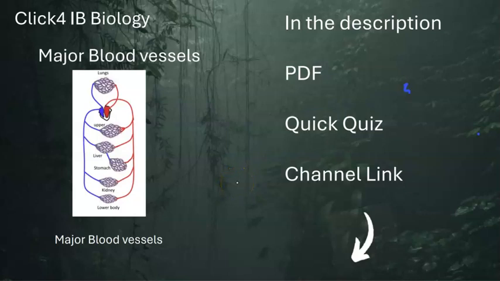Click for IB Biology. We're going to quickly look at the naming system for the major blood vessels in the double circulation of a mammal. Although not strictly specified by the syllabus, it's worth students knowing the names of these for other parts of the